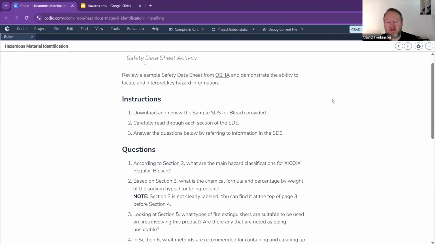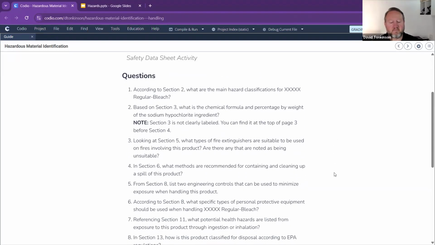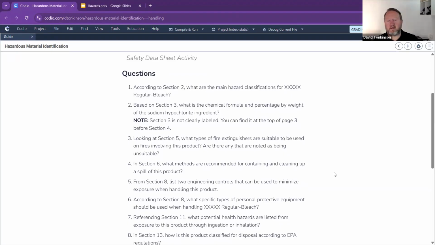Good, okay. So we're going to open that, have a look at it, carefully read through each section, and we'll give you 10 minutes on this, I think. Carefully read through each of those sections, try and absorb what's on there, and then answer the questions below referring to that information. To read out the top one as an example, it's going to be: according to section 2, what are the main hazard classifications for